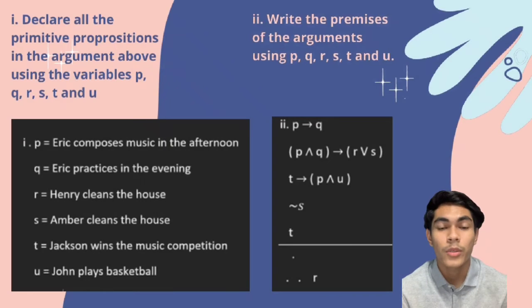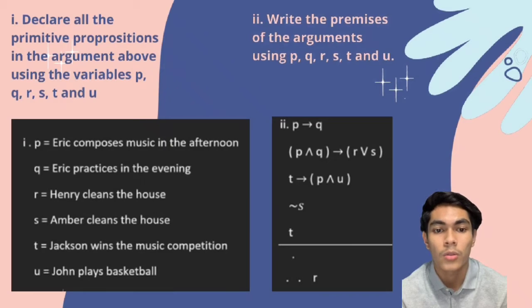and U. First, we can declare P as Eric composed music in the afternoon. Q, Eric practiced in the evening. R, Henry cleans the house. S, Amber cleans the house. T, Jackson wins the music competition. U, Jones plays basketball. Second question is write the premise of the argument using the P, Q, R, S, T,